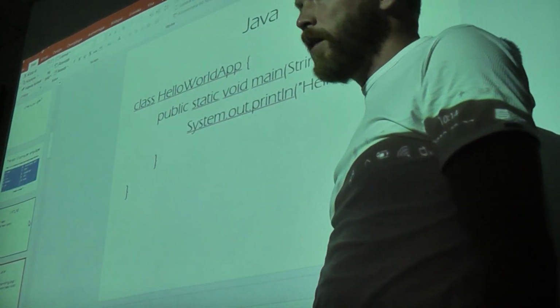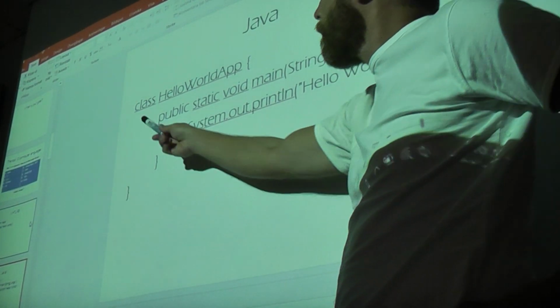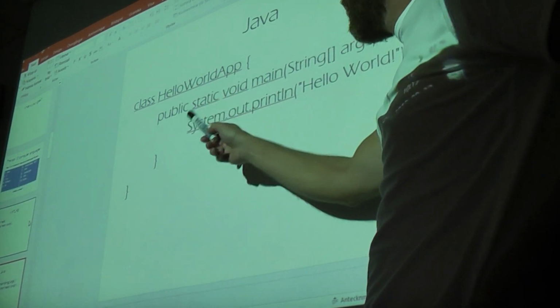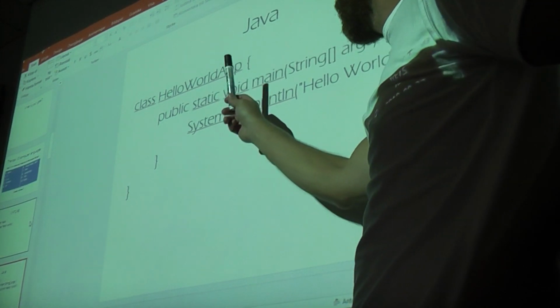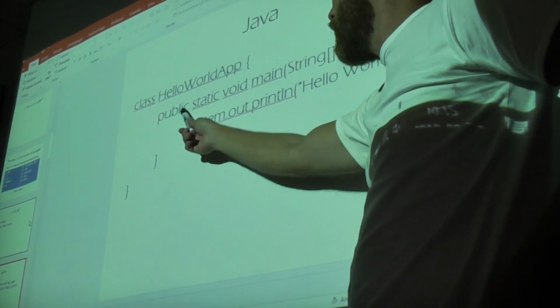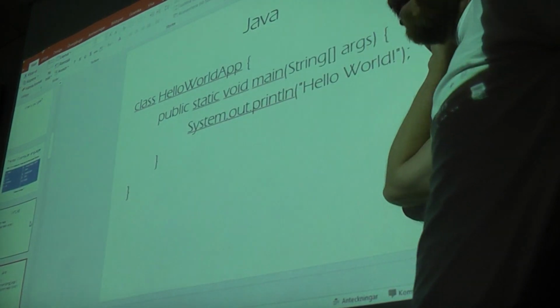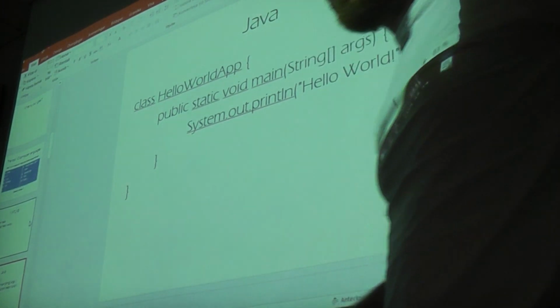But in Java, it would look something like this. Class and a package name, and then in this programming language you use curly brackets to mark blocks of code, and functions are defined by using these things, and again there's a block within the block here using curly brackets, but it will do the same thing.